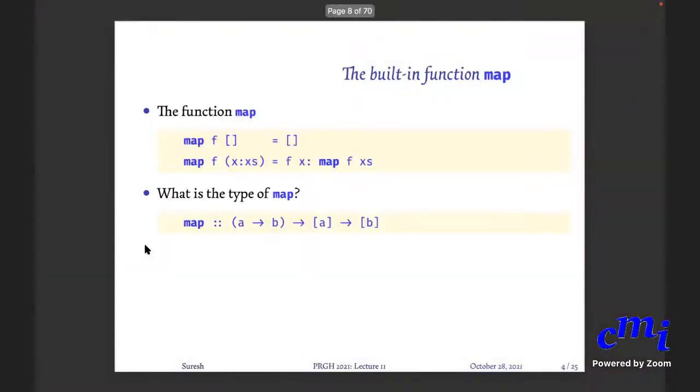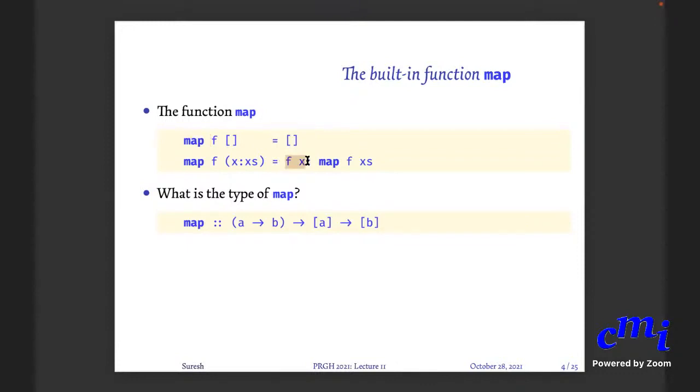Okay, good. So what is the type of map? The type is (A arrow B) arrow list A arrow list B. Why? Because if you look at this, it is some arbitrary list, so its type should be list A. F is being applied to every element of the list here. So therefore, F should be of type A arrow something. Let us call that something B. Now, what is the thing returned by map? Map on F returns a list, and one element of that list is Fx.